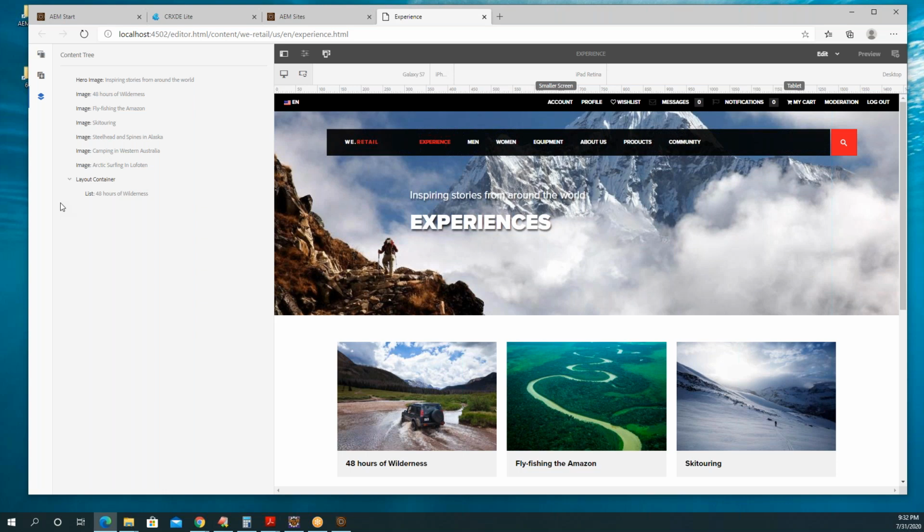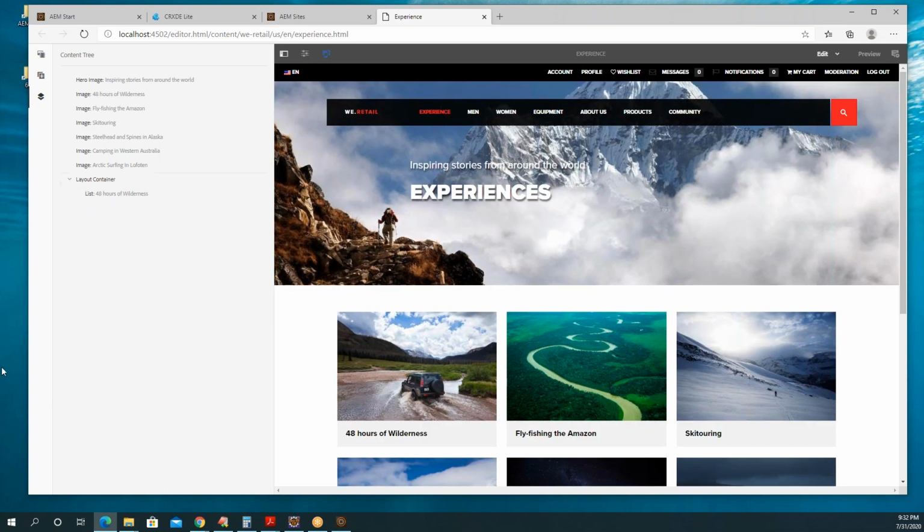Content tree rail. So here you will find all the components authored on this page. Okay, you can select it and you can author it after. Okay. And others like you have assets and components. So it was there in earlier versions, and you will find it here also.